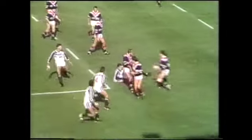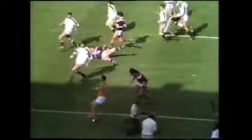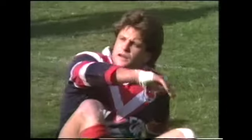A number of moves try to be worked there. I think they almost got themselves into trouble, but making the big break downfield. Eastern Suburbs with a chance. The ball's come towards Chalice. Well, I don't know what Patterson was trying to do, but...